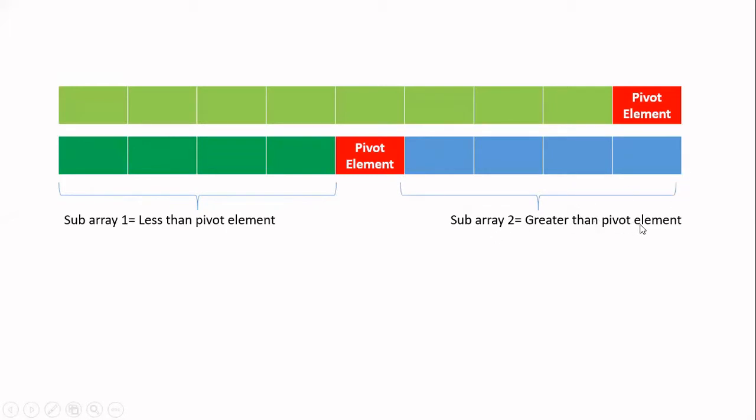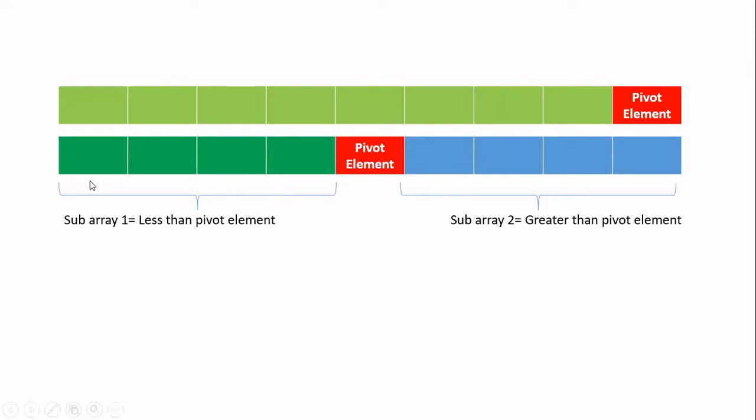pivot element. So what we have done in this step is, this is a big problem given to you. You have divided that problem into two sub-problems. One is for the left subarray and another is for the right subarray. So it is called as dividing. So you have now divided. What is the meaning of conquering? Conquering is nothing but, again, take the subarrays and find the solution to the subarrays recursively. That is called as conquering.